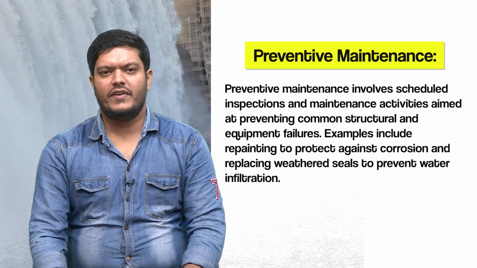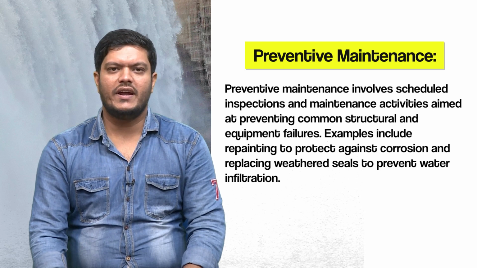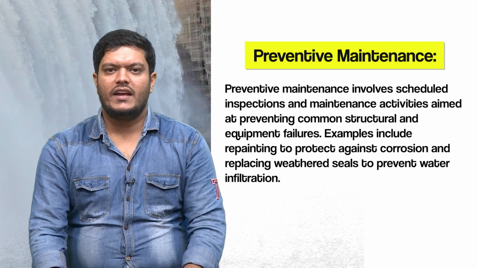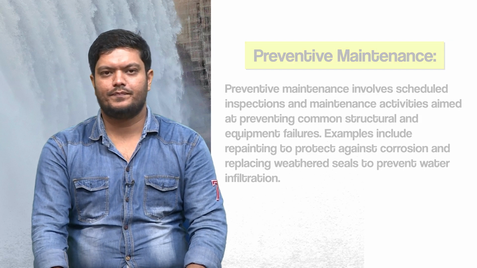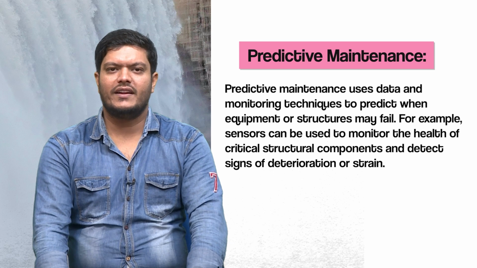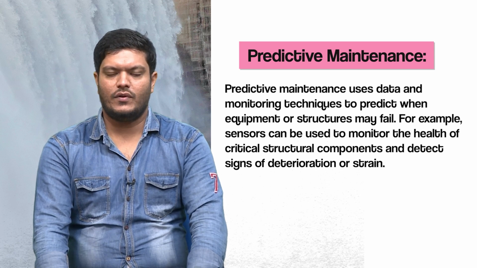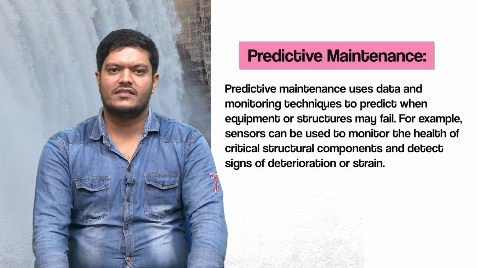Preventive maintenance. Preventive maintenance includes scheduled inspections and maintenance activities aimed at preventing common structural and equipment failures. Examples include repainting to protect against corrosion and replacing weathered seals to prevent water infiltration. Predictive maintenance. Predictive maintenance uses data and monitoring techniques to predict when equipment or structures may fail. For example, sensors can be used to monitor the health of critical structural components and detect signs of deterioration or